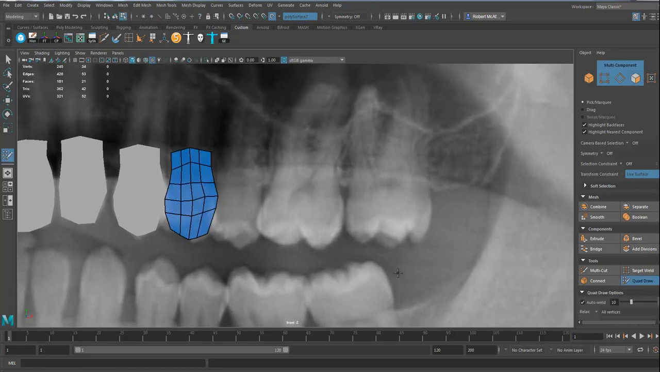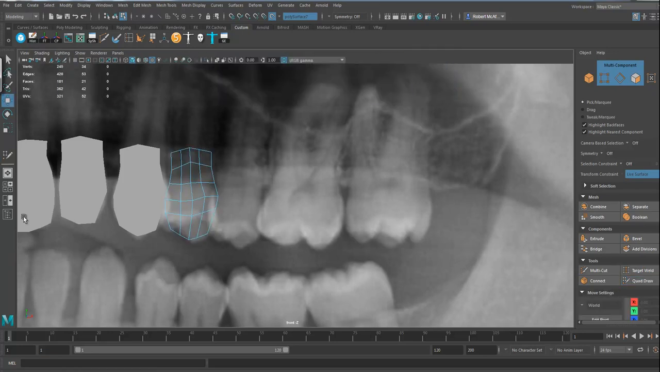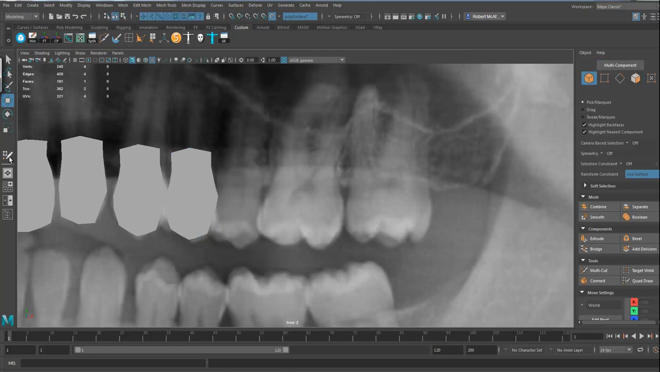Let's go back to the quad draw tool again. I'll just turn that off. Come on, you bastard. Go away. Go back to object mode, deselect. Okay, it's interesting. And then here we'll try the molar as well. So for the molar,